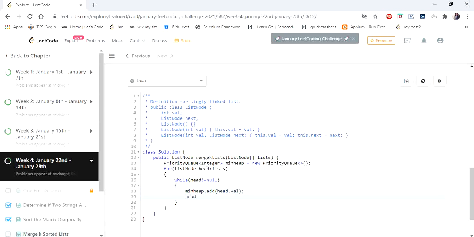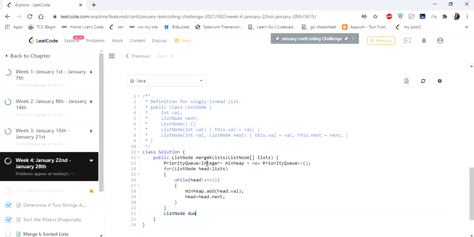We move the pointer to the next element or node. Since it is a linked list, accessing the next element is this easy. So we have just iterated our nodes and saved the values in the min heap. It is pretty simple.